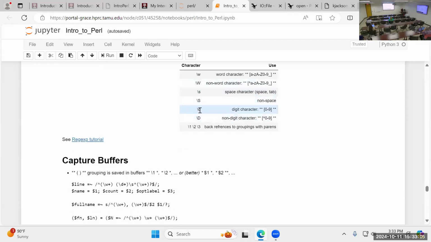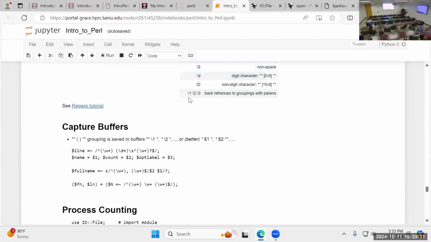And \d is for a numerical digit, so that's 0 through 9. And then \1, \2, \3. These are actually outdated, because they no longer like for you to use \1, \2, \3. They prefer that you use $1, $2,